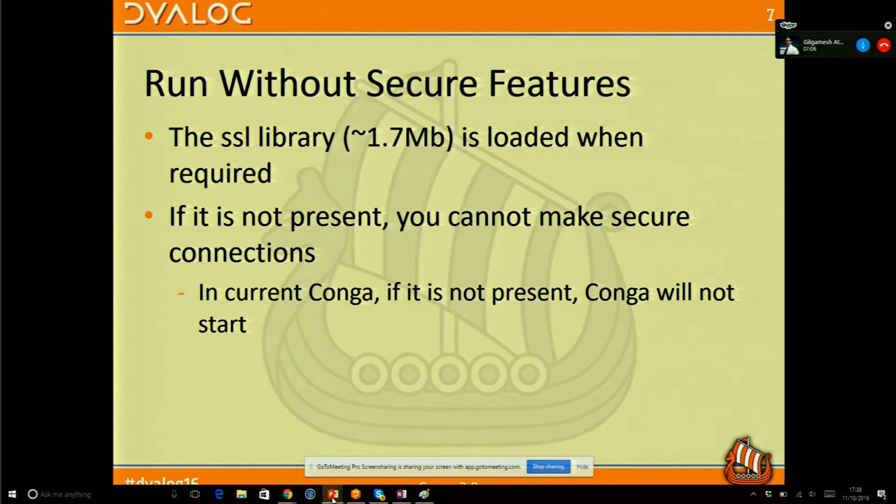Running without security features, you might say, well, why would we be doing that? Surely everybody wants to be moving in the direction of using security. But the Secure Socket library, or GNU TLS, I think it is we're using, adds another couple of megabytes. And in some applications, if you really don't want to use the security, we are now dynamically loading that, so you can leave it out. It was also a cause of some errors in deploying Conga, where people would leave that library out, or they'd have the wrong version of it, and you simply couldn't start Conga. So now, if we don't have the security library, it'll just fire up, and if you don't use secure sockets, you will be fine.